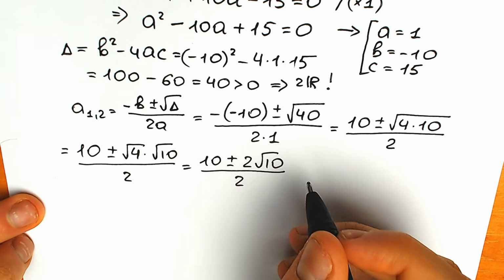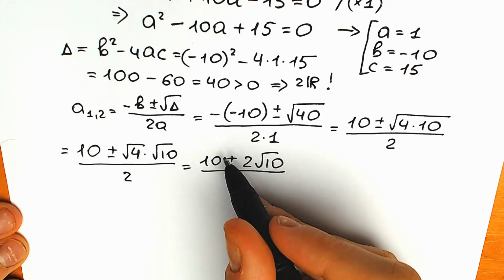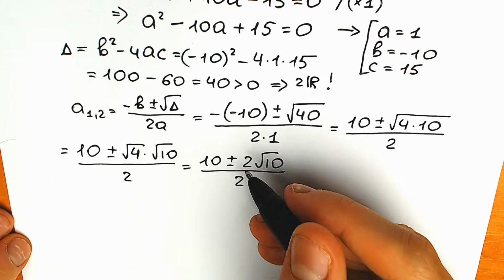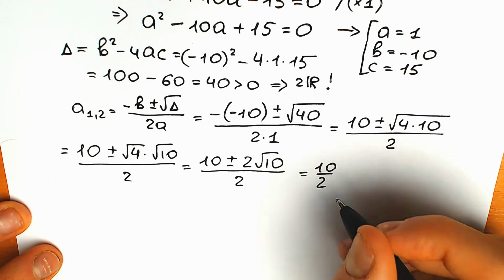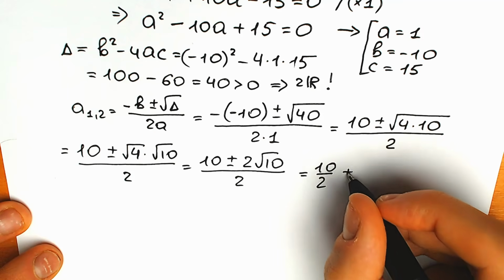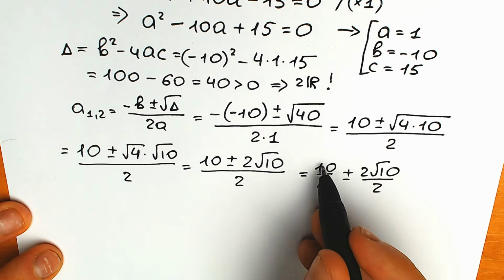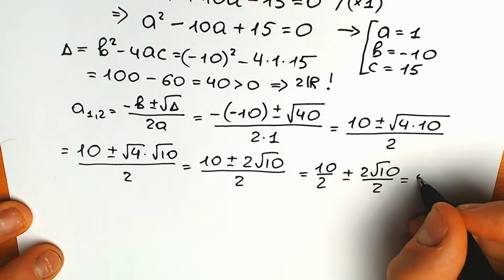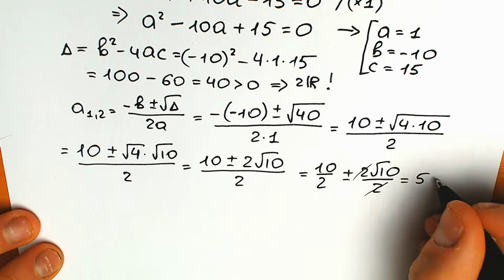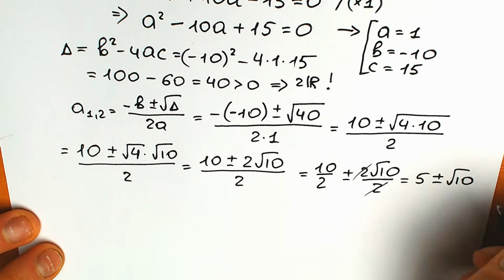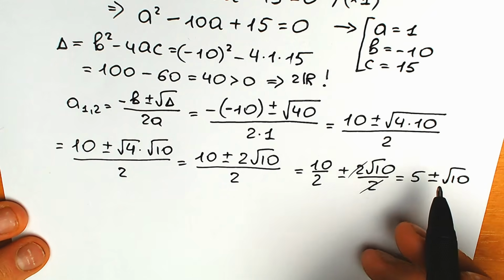over 2. And in the end, we can simplify this. We can divide our numerator by 2 by parts, or we can factor 2. This is up to you. Of course, we can do this in this way. So 10 over 2, we can divide these elements by 2, and plus minus 2 square root of 10 over 2. And from here we have 10 half equal to 5. So 5 plus minus, right here we can cancel these two. So 5 plus minus square root of 10. This is our answer, but we have plus minus,